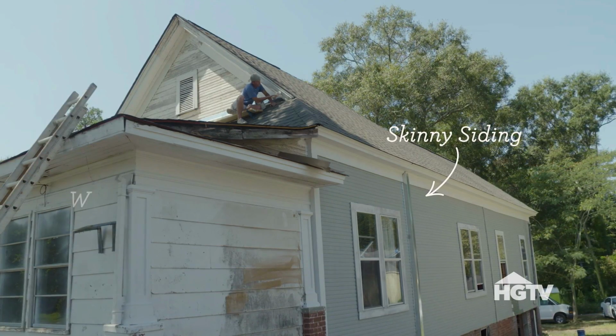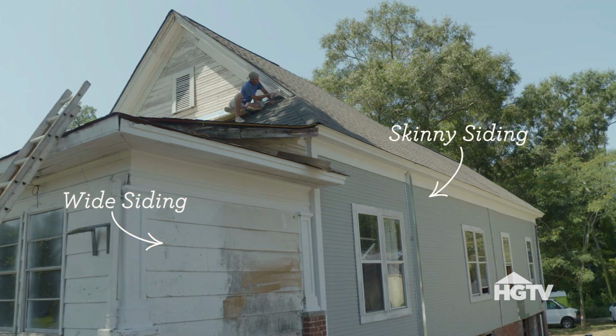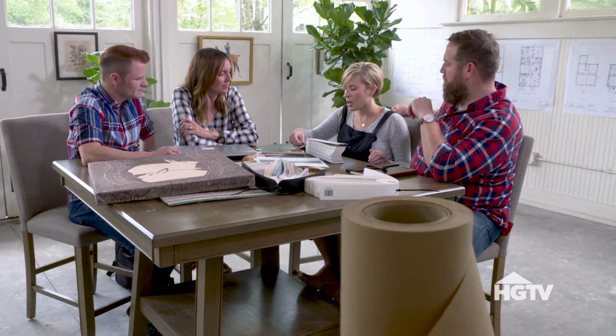Jenna wants the house to be white, because that's what it was. But I think it could be more. We have this skinny wood siding on all this part of the house. This part of the house that is one foot white siding. Right. Yes. So I think the best way to handle it would be two-tone, so that the wide siding sunroom on the front